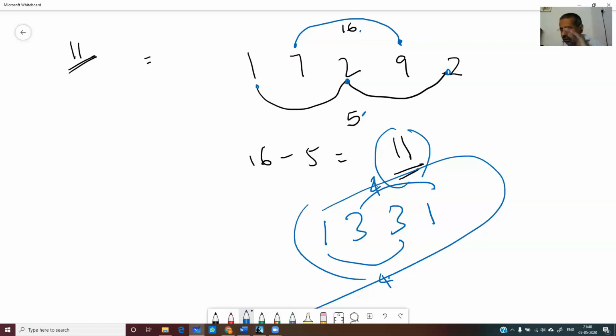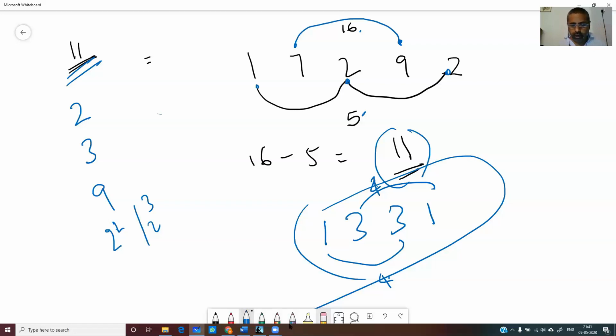That's it. If you go through the book, you'll find a rule for 7, a rule for 19, and all those things. Not important. 11 is important. 2 is important. 3 is important. 9 is important. And powers of 2, 2 squared, 2 raised to 3. These are important. That's all. These divisibility rules are more than enough. Others are too complex. If you know this, it is more than enough.